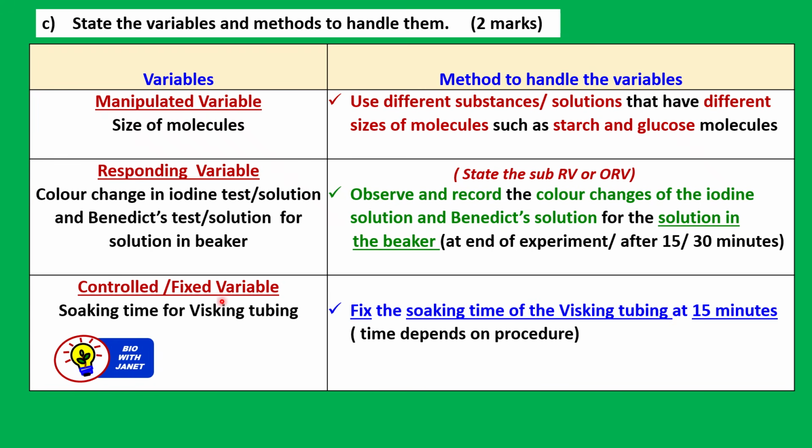Now, controlled and fixed variable. According to your textbook, it is the soaking time for the Visking tubing, or the surrounding temperature. So let's look at how to write. I feel the best one is soaking time, because there's a fixed time that is stated in the procedure, okay? So fix the soaking time, use the word fix, fix the soaking time of the Visking tubing at 30